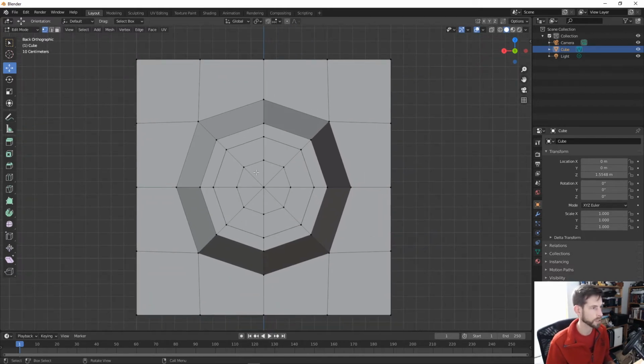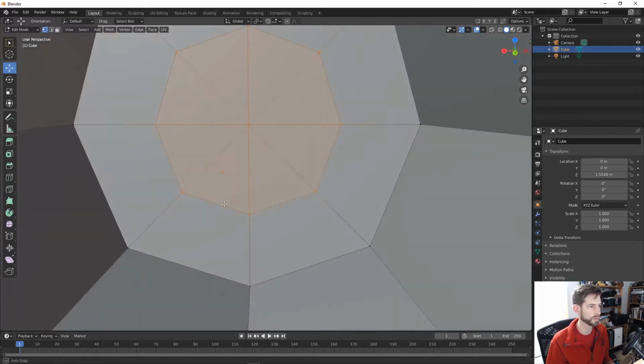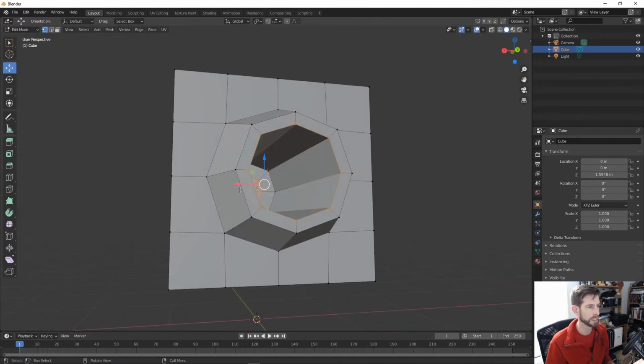So I can hit C and I can paint my circle selector. Now if I go too far, like I just did, I can middle click to subtract. Now there's a problem with this though. It shouldn't have worked. Notice it did not get the inner cross section there with those vertices. So what I'm going to do is go back,